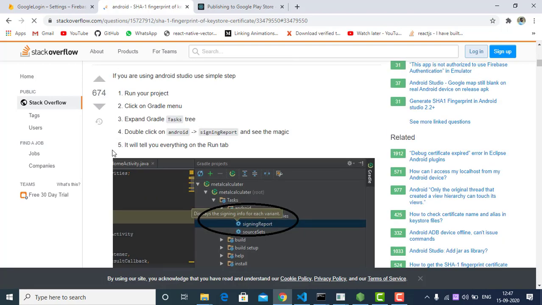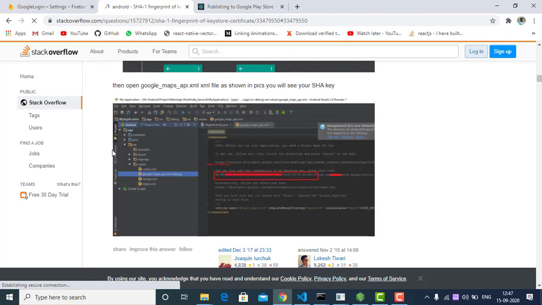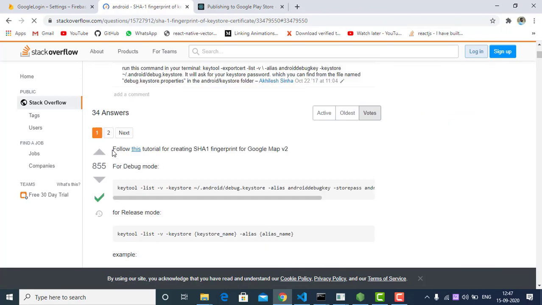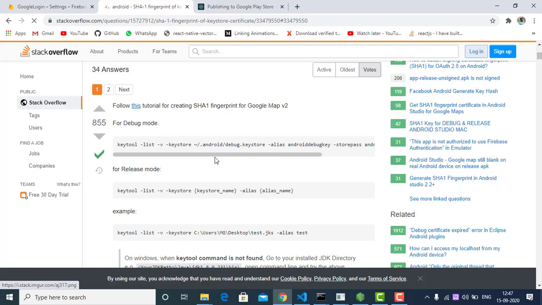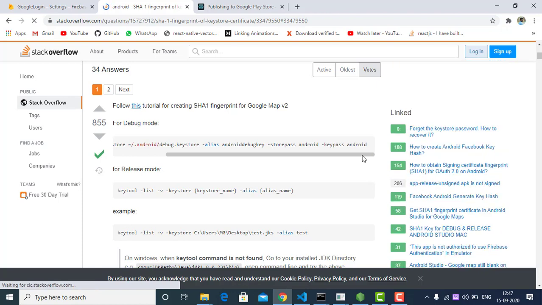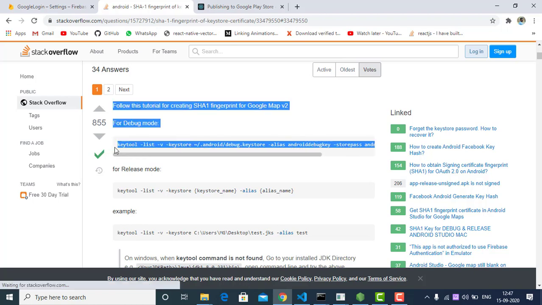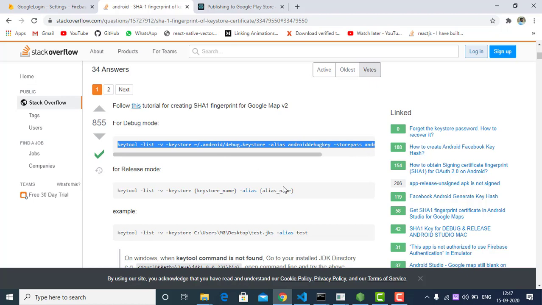The page is not loading yet. You have to copy this. And we are going to need the SHA.